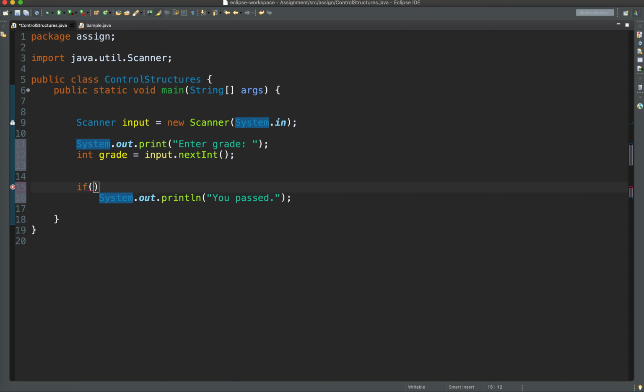So the computer executes this. Okay, so again, like what I said a while ago, the grade must be greater than or equal to 75 in order for the student to pass. So the computer executes this. If the grade entered by the user is less than 75, the computer ignores this statement. The computer does not execute this